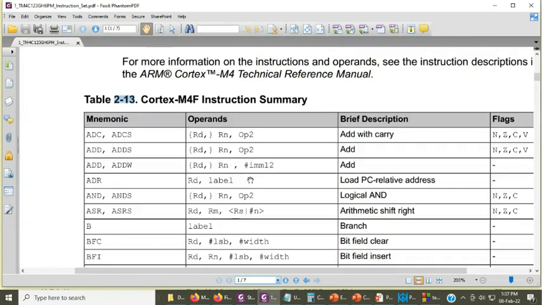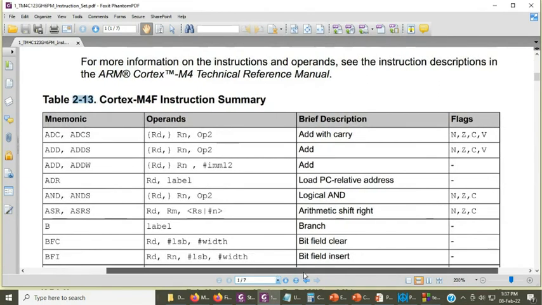So here are the instruction sets. If you can recall, these are almost the same as the 8085's instructions. Of course, there are many more instructions available here with more functionalities, but these mnemonics are almost the same.